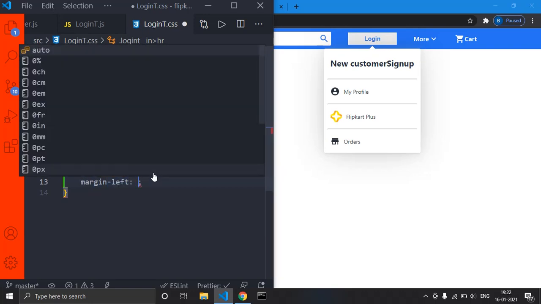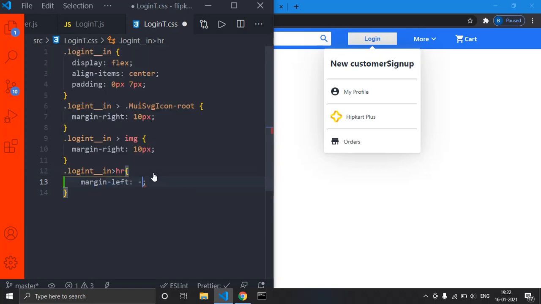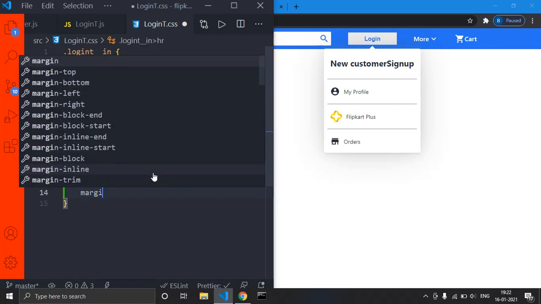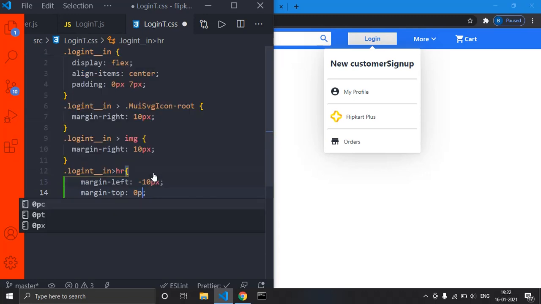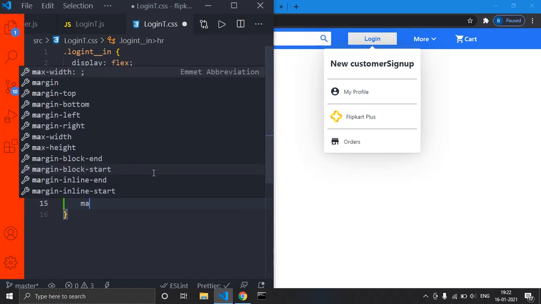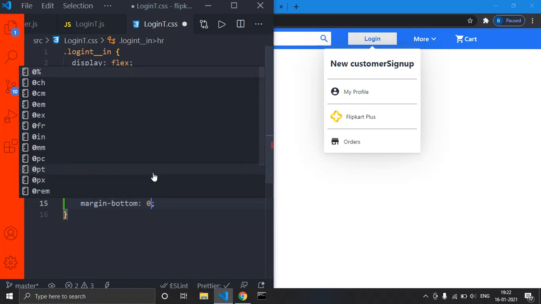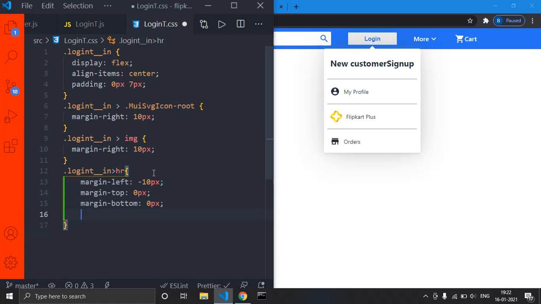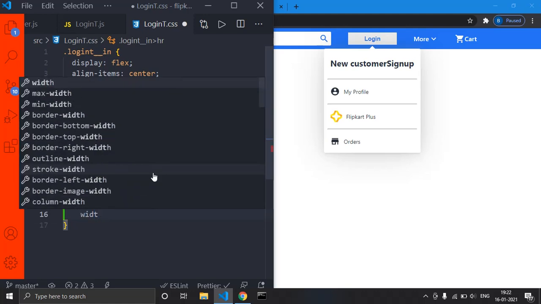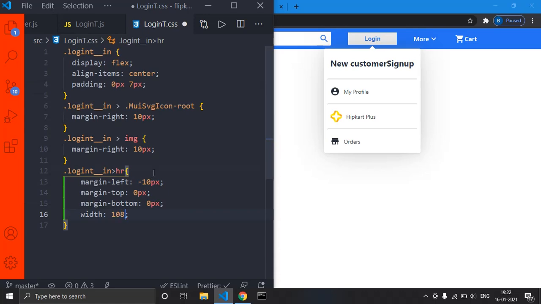Make sure that you have all these styles. Margin left of minus 10 pixels. See, you can comment out all these styles, and you can see what will happen if these are not given. HR comes with some margin, so that's why I am making every margin 0 pixels, and I just want to give the width as 108.5%. See that, now our HR is not covering the total tooltips, right? Over here we have a small gap, so that's why we are giving width more than 100%.